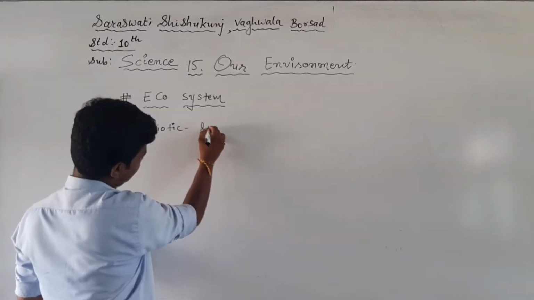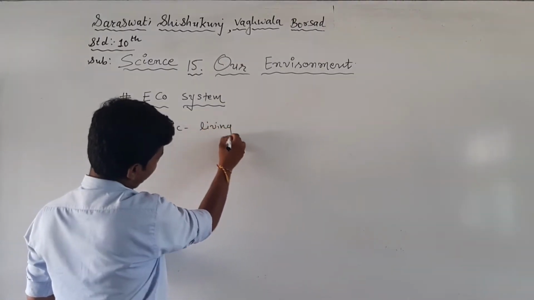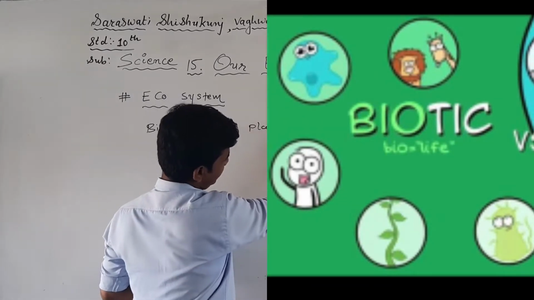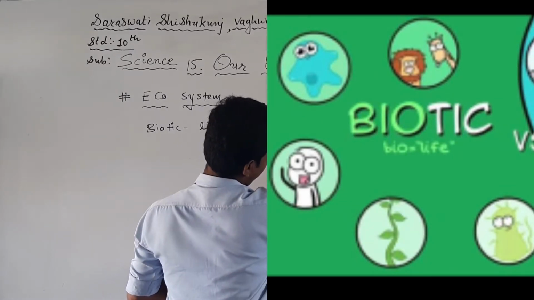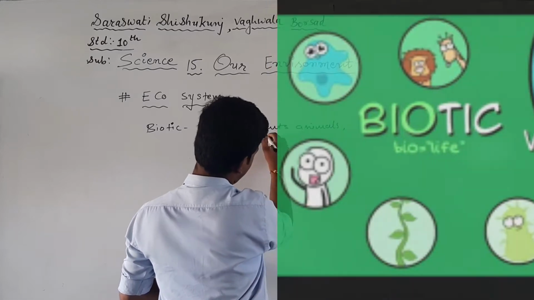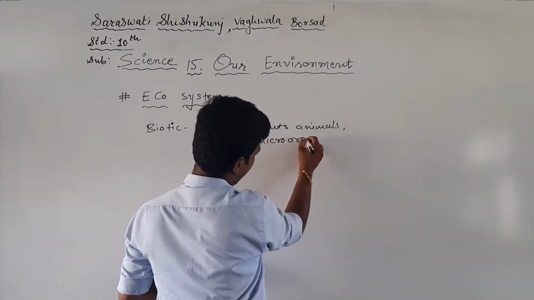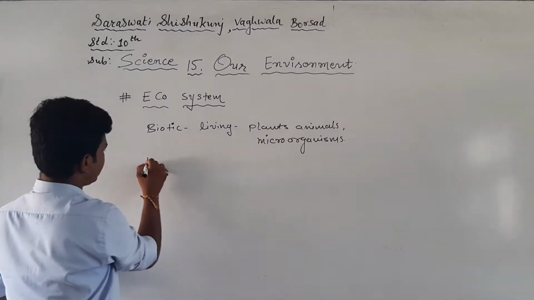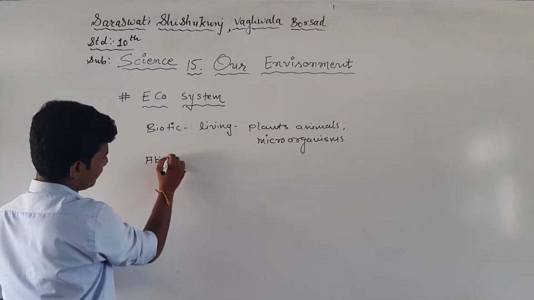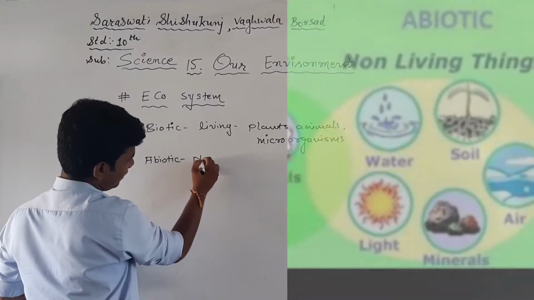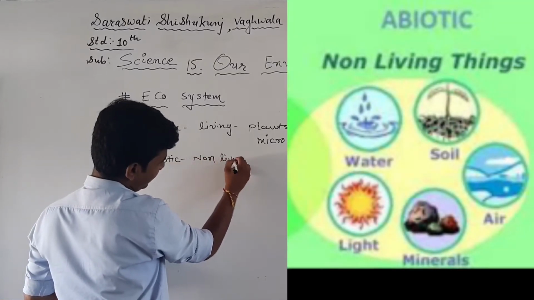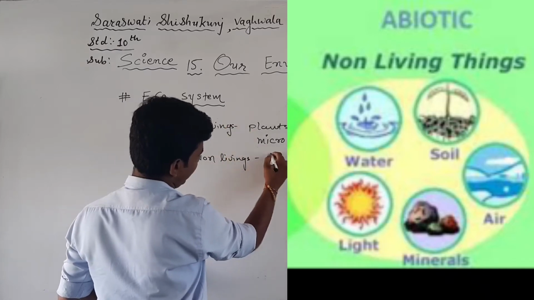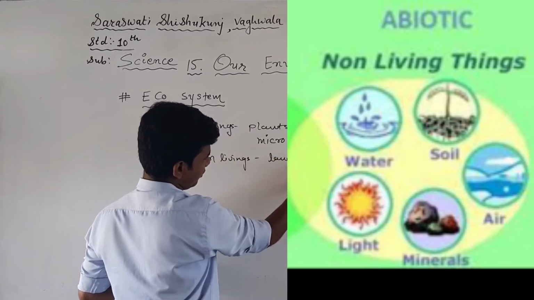In that there will be plants, animals, different microorganisms, and as an abiotic component you are having non-living things like land, water,